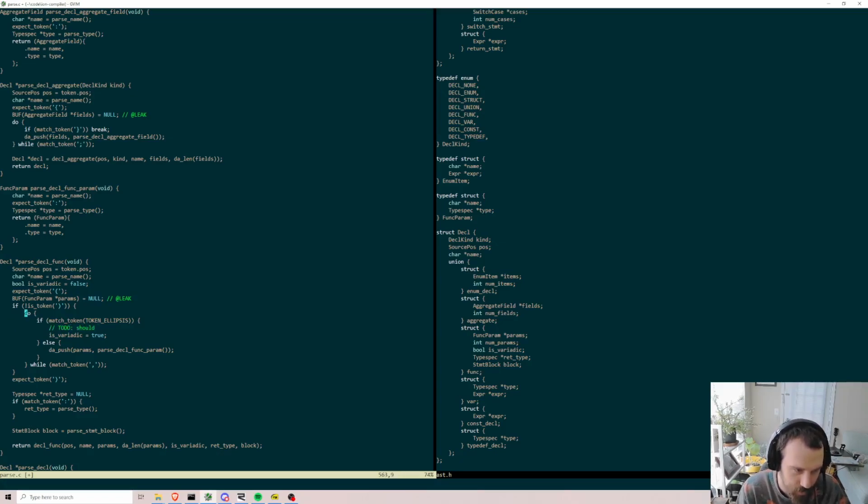I have to reformat this probably into a for loop or something so I can keep track of the index to see if it's the first, but